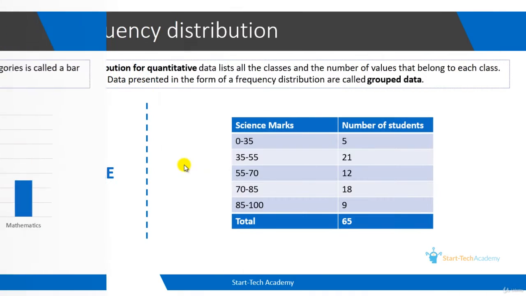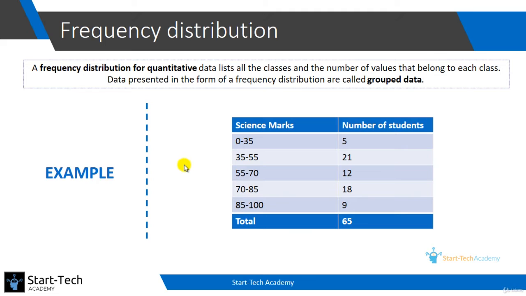The next type of frequency distribution is frequency distribution for quantitative data, that is continuous data. So for example, if I have name of students and in front of them I have the marks of these students in science. So marks is a continuous value from 0 to 100. If I want to straight away create categories, maybe I'll get 100 categories, one category of 0, one category of 2, one category of value 3, and that does not really make sense.